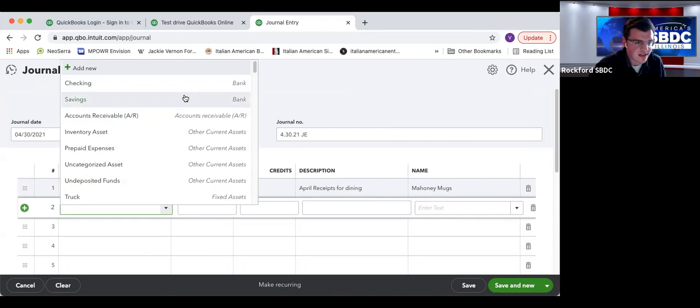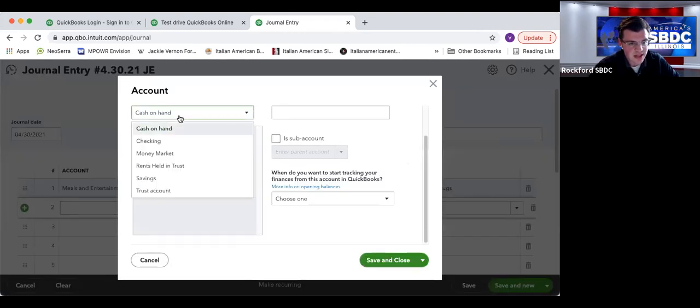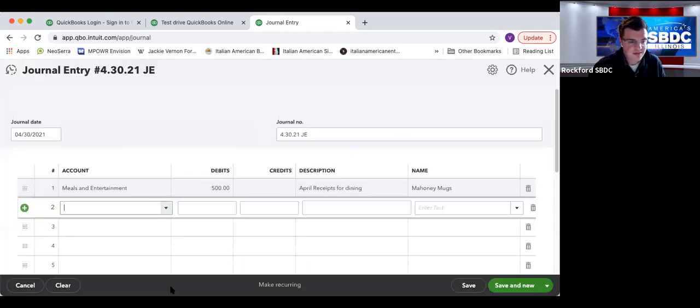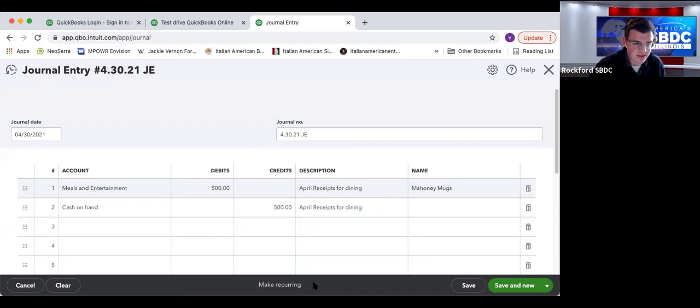So they only have checking and savings as banks. But let's say this is cash. What we're going to do is we're going to go to add new, cash on hand. We're going to call this petty cash. We're going to save, and now you have a new account, cash on hand, and it credits it. It'll automatically match it to make it balance, and that's it. Now you've done a journal entry. So if I save this,